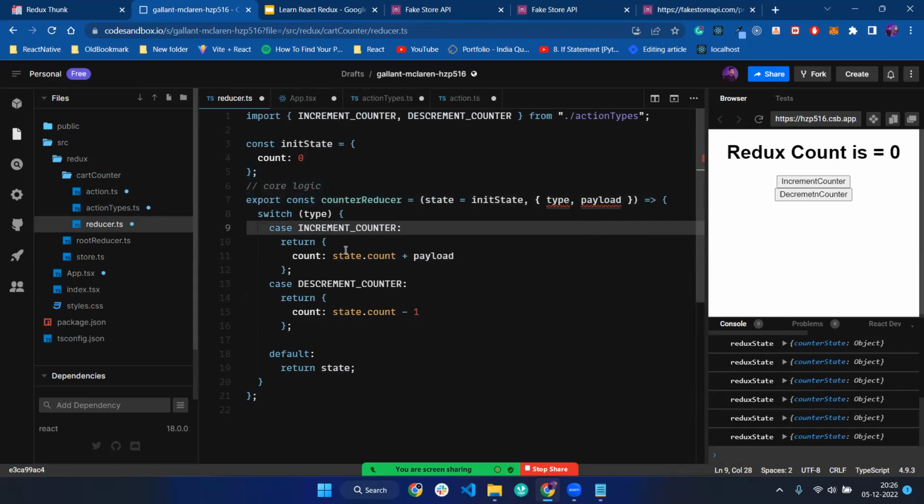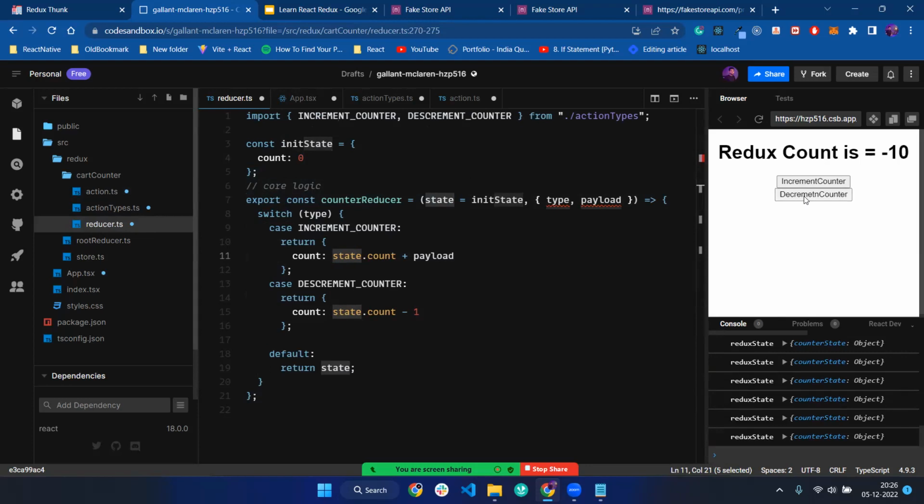And what are we doing? We are checking state.count. We are taking state.count and subtracting 1. If I click on state dot minus 1, you can see it's decrementing the value. So this is how we have learned